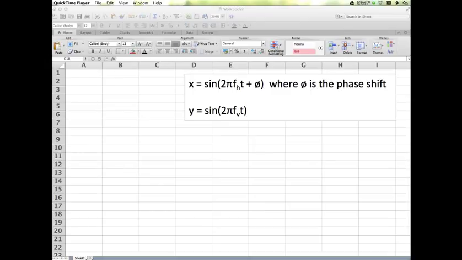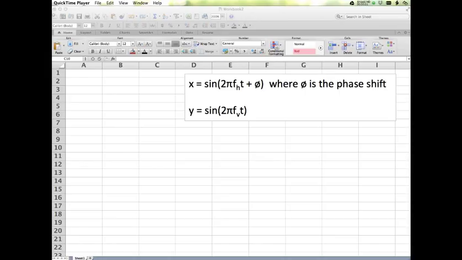Okay, to make our cool oscilloscope in Excel, we need to generate some Lissajous patterns, and all Lissajous patterns really are graphs. And you make graphs with X and Y plots, X and Y coordinates. These are a little more complicated X and Y coordinates. They involve the sine function, but I put it in a text box here so you can see the actual